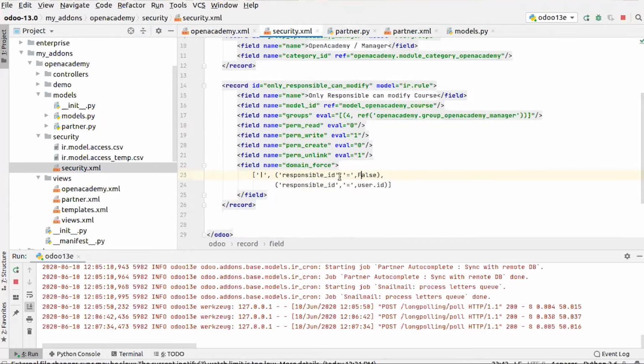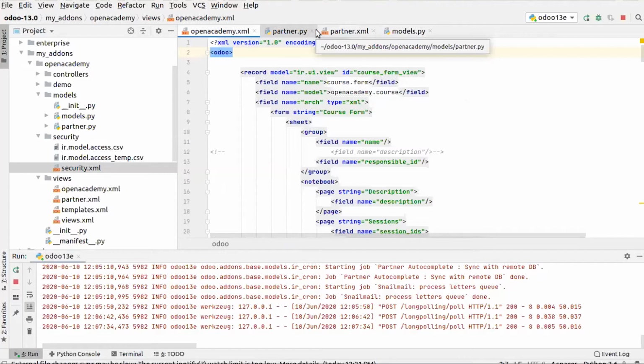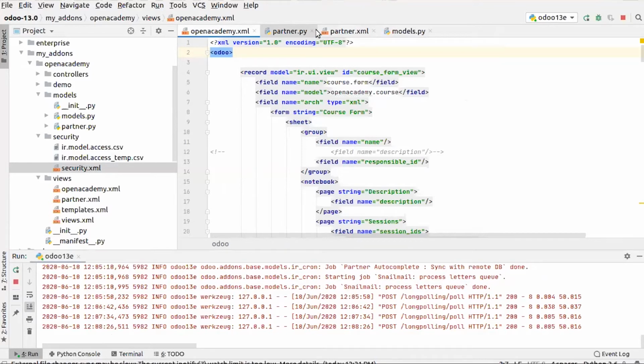You see, responsible is equal to false, responsible is equal to user ID. So only those records that meet this condition will have these access rights. For this kind of filtration we are using domains. This domain parameter can be added to a relational field, to limit